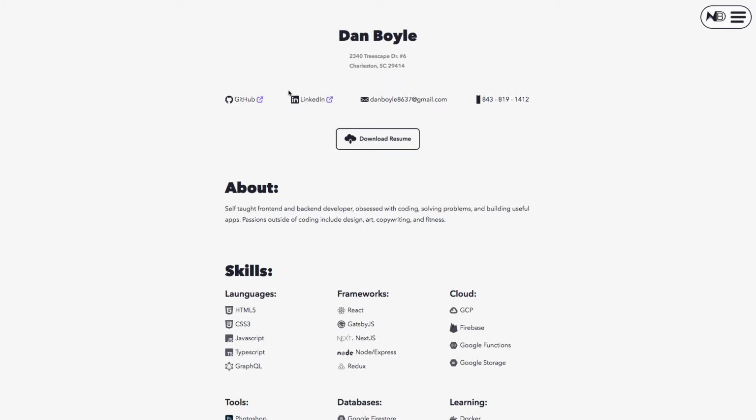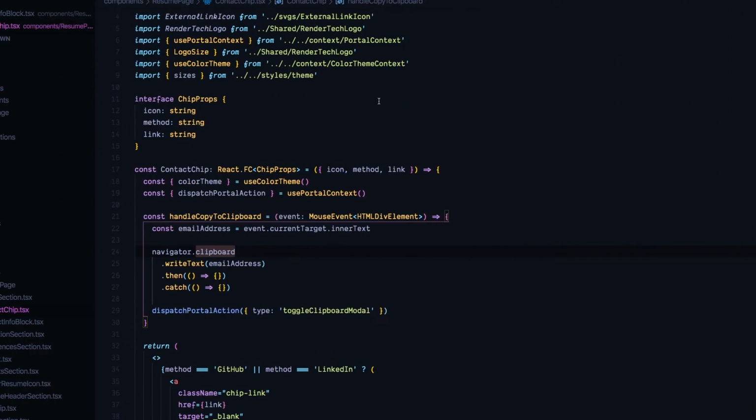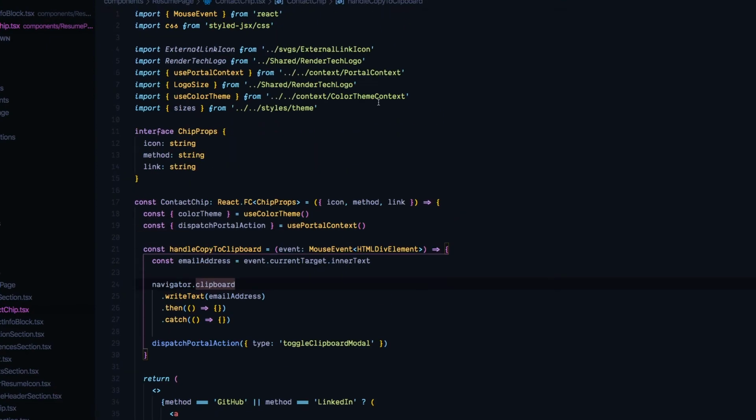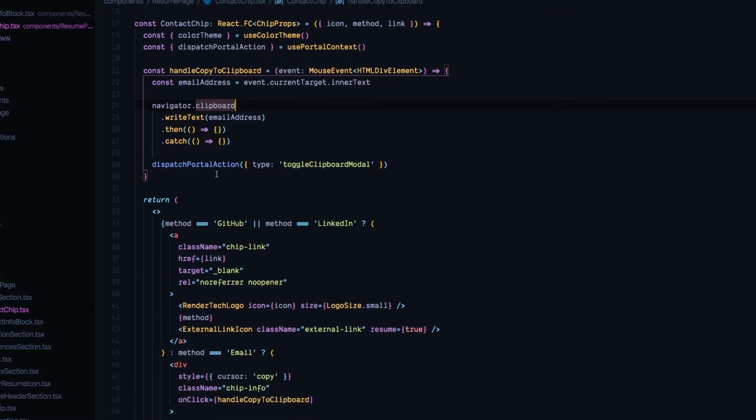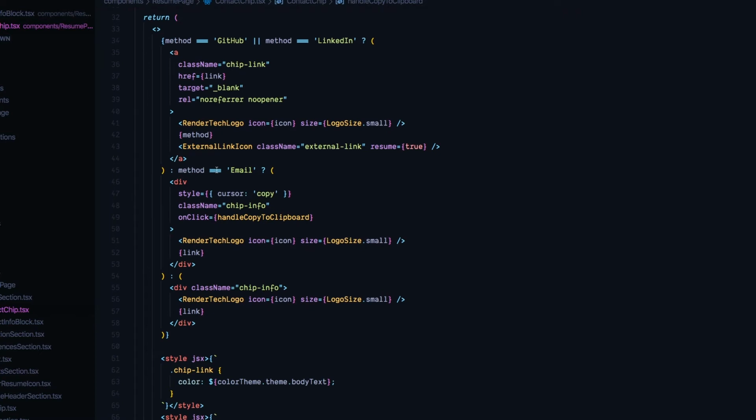Each of these is the same component. They just render out differently based on what text is being displayed. So here is that component. And what you can see here is my handle copy to clipboard method, or function. And it's actually attached right here. I said if the method is a prop being passed in,